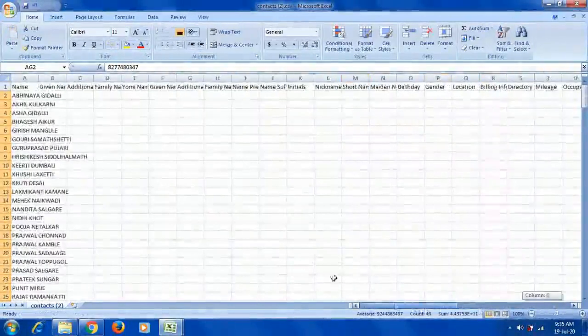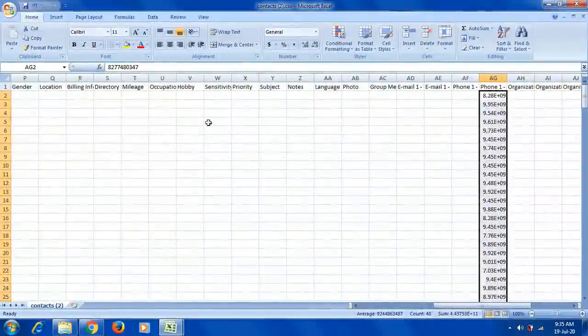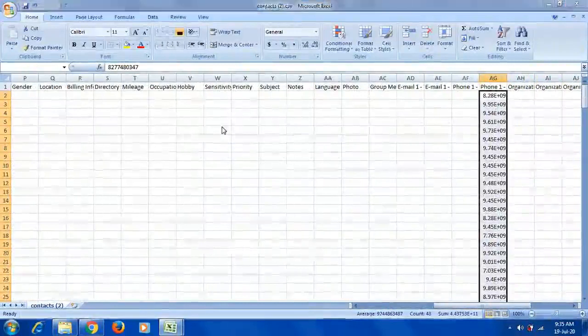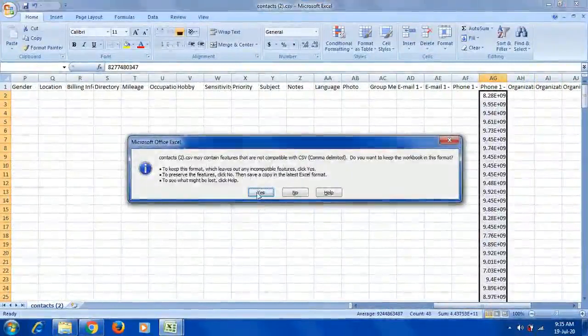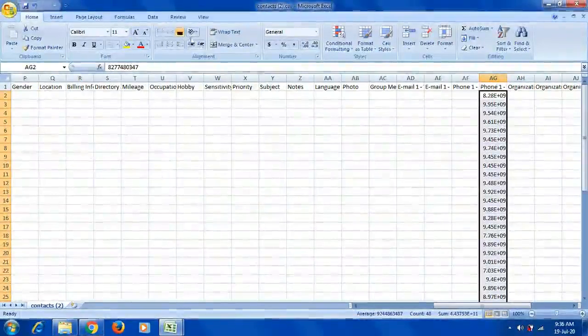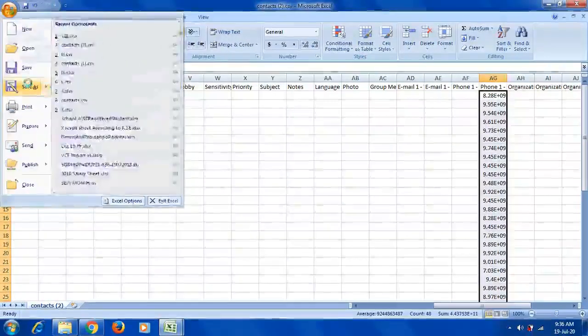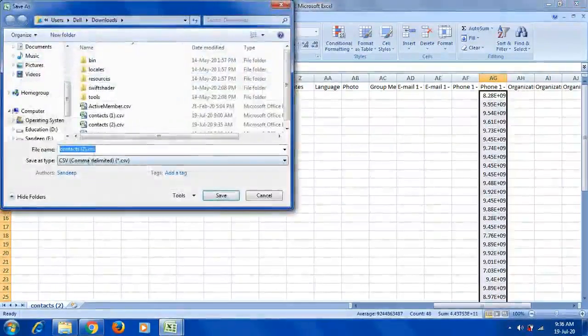Now see here, we have names and we have numbers in the Excel sheet. So just save this file by pressing Ctrl S. When you get this dialog box, just click on the yes button. Okay, this file got saved as contact2.csv. If you want to save this file with another name, click on save as. Now I will name it 8th standard